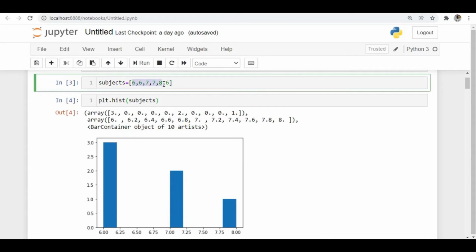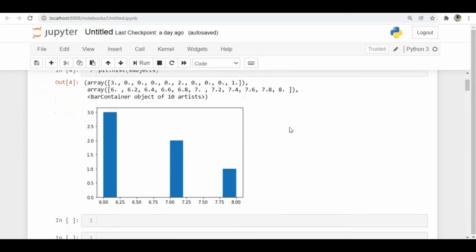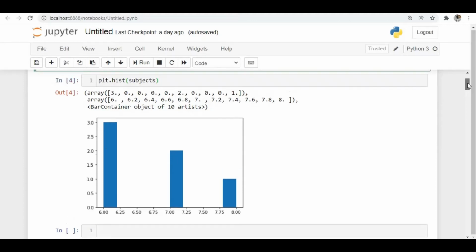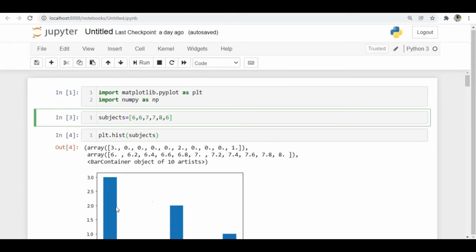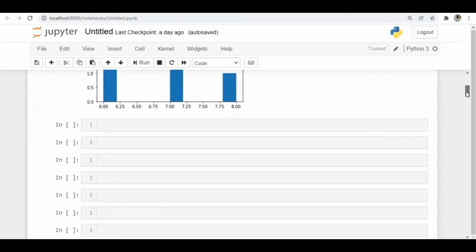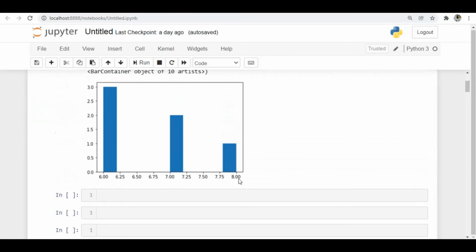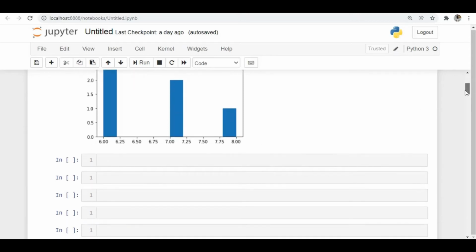We have 6 three times, so it has a higher bar. You can see the count is 3 for 6. For 7 we have 2 values, so it represents 2 there. And for 8 we have only one, so that's why it's represented here. So you can see the distribution here.